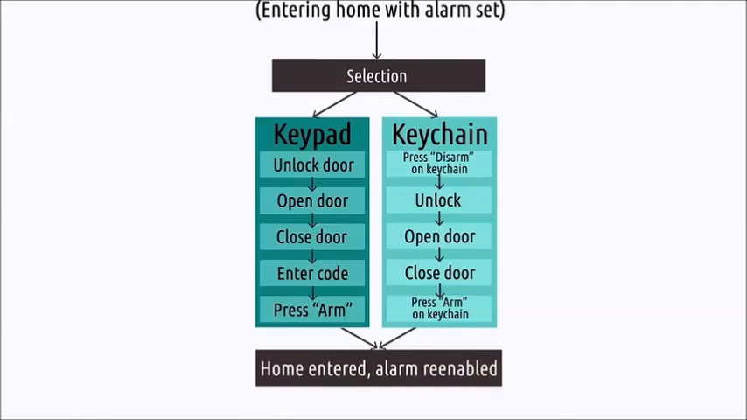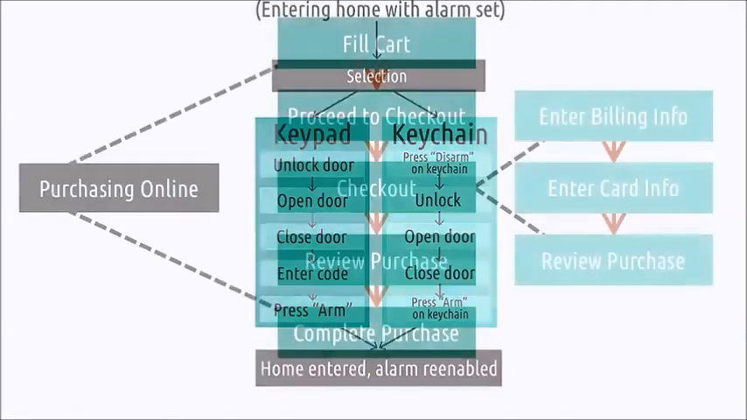So here, the classical way of disabling an alarm was to use a keypad mounted near the door. We could use this GOMS model to evaluate whether or not the new keychain interface was actually more efficient than the keypad interface. We could also use the profiles of users that we developed to evaluate whether the new design meets each criteria. For example,